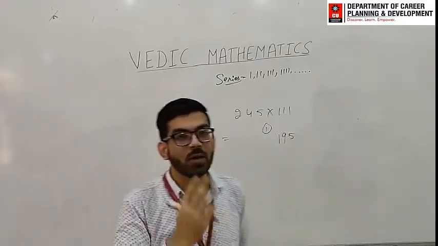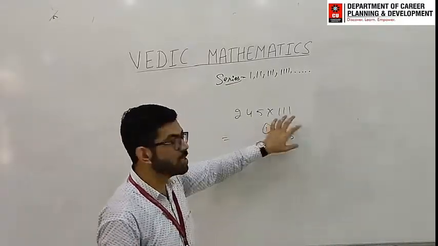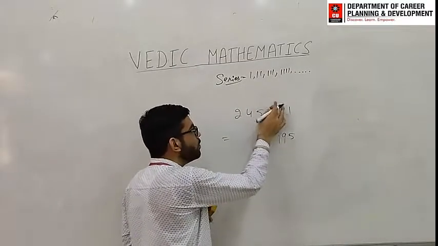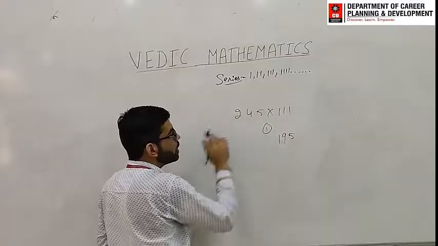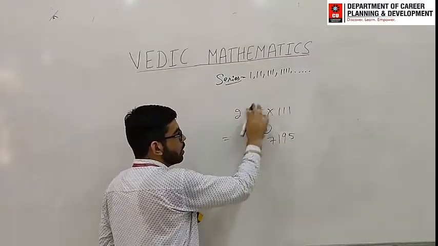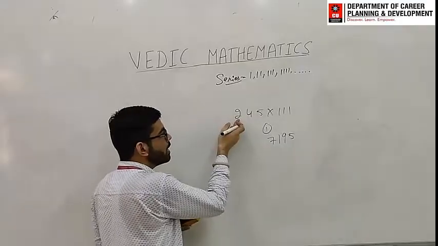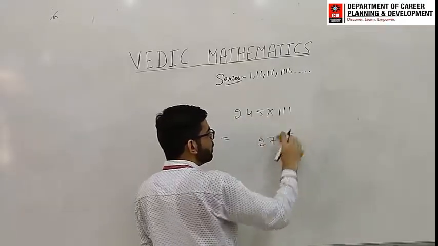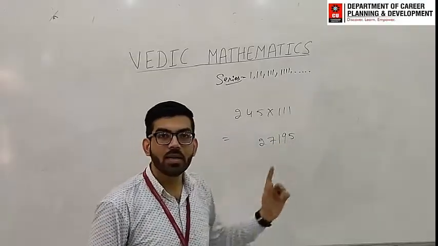So the next part is we have to complete the pair of 3 numbers, since 3 ones are there. Now start leaving numbers from the right hand side, that means 5 is left. Numbers remaining are 4 plus 2, 6, plus 1, 7. Now 4 will again be left. Number remaining is 2, that means 2. So our answer will be 2, 7, 1, 9, 5.